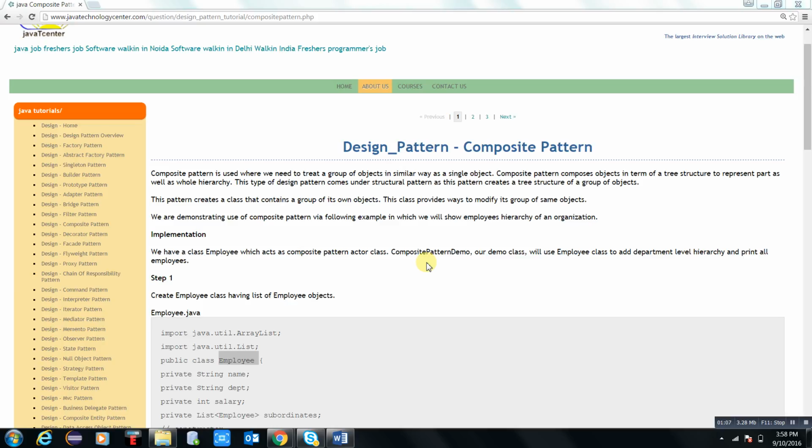So the composite pattern comes under the category of structural design patterns because it represents the object structure, object hierarchy, or a group of object hierarchy, so it is called composite, that is, group.